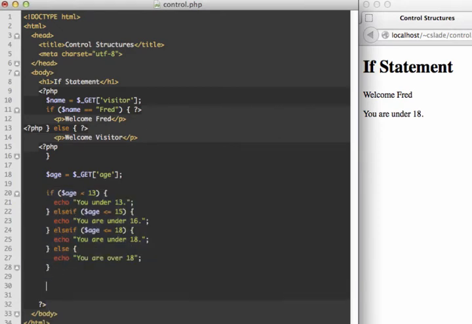One more thing to show you with if statements is we can combine conditions with ands and ors. So maybe we want a special message for all visitors with the name of Fred that happen to also be 20 years old. So their name has to be Fred and they have to be 20 years old. So we can do an if statement like this. If their name is equal to Fred and their age is equal to 20,